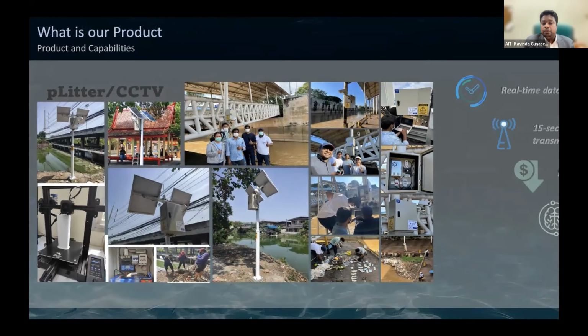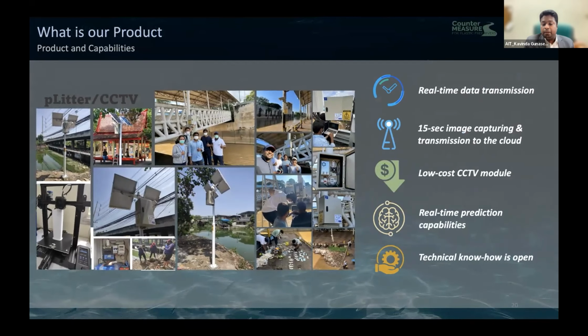We deployed these cameras in our Mekong region. Currently, our camera has real-time transmission. We also capture images every 15 seconds. And we are building this CCTV module in-house, making it a low-cost module for people to replicate.